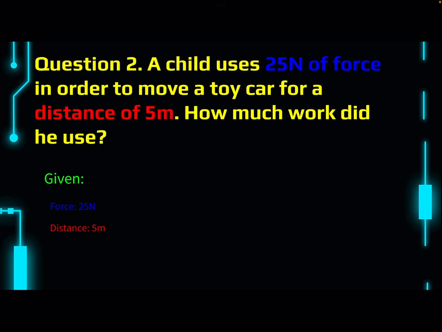So we'll also use the same formula, which is W equal F times D. We will plug in the numbers. It will be 25 times 5, and the answer will be 125 joules. So the work done